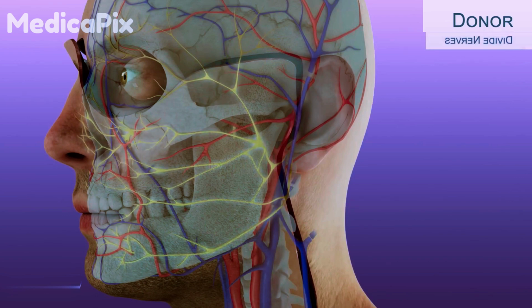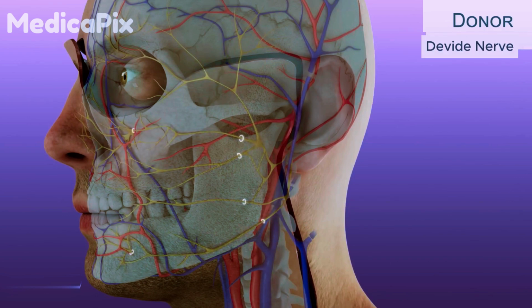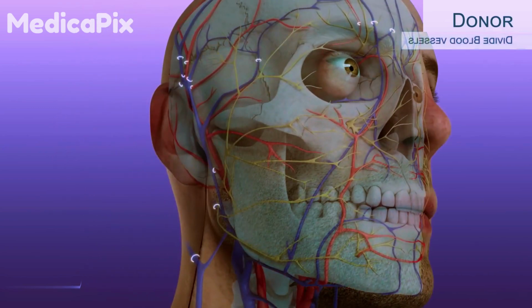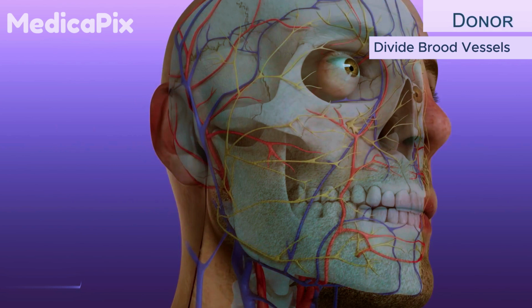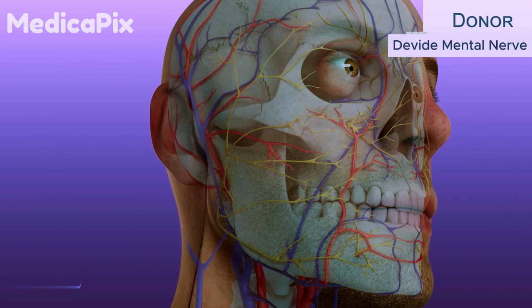The branches of the facial nerve were carefully dissected circumferentially and transected distally on the right. On the left, the facial nerve was dissected circumferentially and transected at the level of the trunk as it exits the base of the skull. The mental nerves were also carefully identified, divided, and included within the allograft to preserve sensation to the lower lip